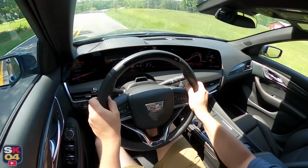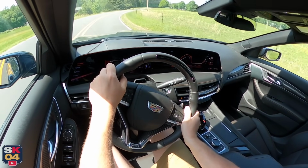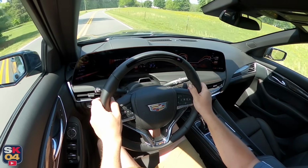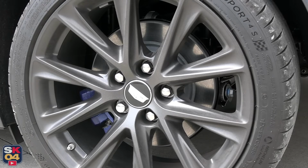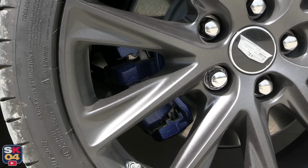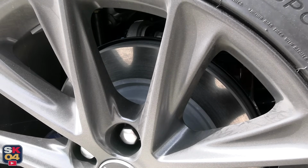Without question, the brakes are excellent. They stop hard and offer a wonderfully progressive feel. That being said, they're extremely sensitive. While perfect for a spirited drive through the country, in daily use, even more so in stop-and-go traffic, I felt they were too sensitive. The brake pedal almost felt like an on-off switch, making it difficult to achieve a smooth